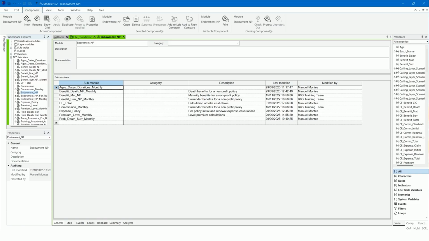In this new product module, replace the sub-modules with the modules without the suffix _monthly. These modules have been amended to allow for the event calculations. All these modules already exist in the Foundation workspace as they were copied in previously from the Overview workspace. You can simply remove the suffix from the module names in the sub-modules grid. This will replace the modules using monthly cash flows with those using event variables.